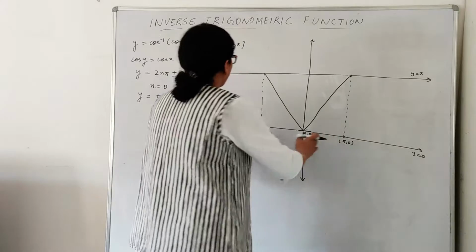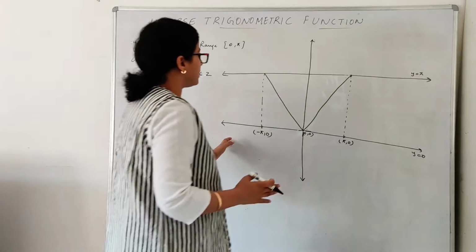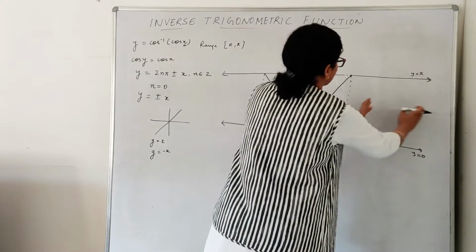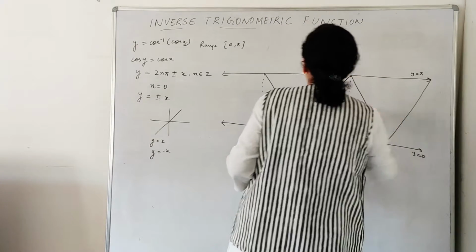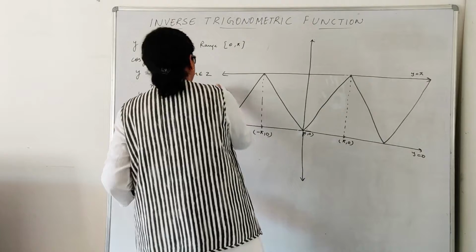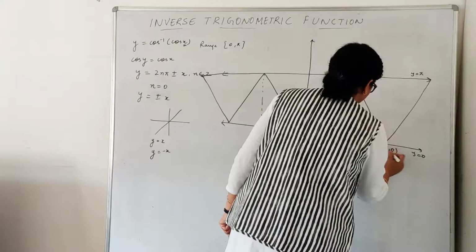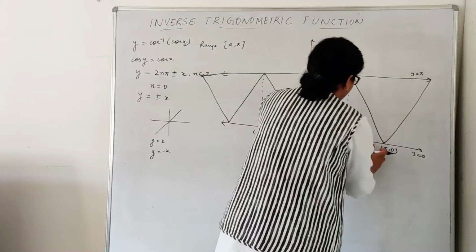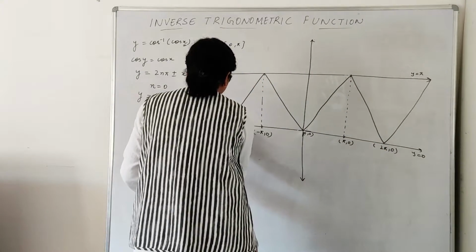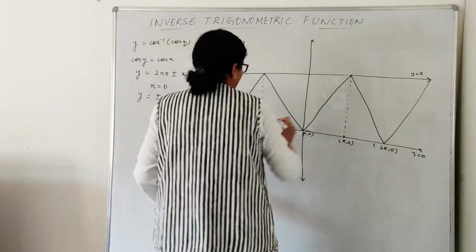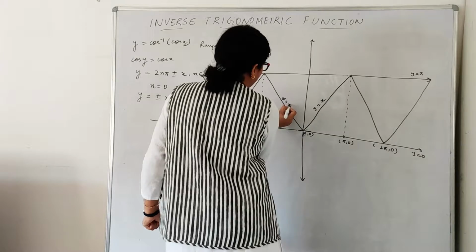Now what is the length of the interval here? 2 pi. And my cos is a periodic function of 2 pi. It means this graph will repeat itself after the same interval. So again I can draw like this, and again I can draw like this. Now what will be this value? 2 pi comma 0, right? This is 0 to pi, same length, 2 pi comma 0. This is 0 to minus pi, this will become minus 2 pi comma 0. This is my y equals to x. This is y equals to minus x.